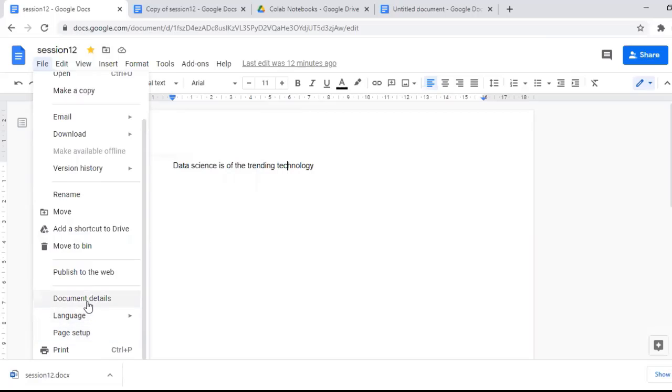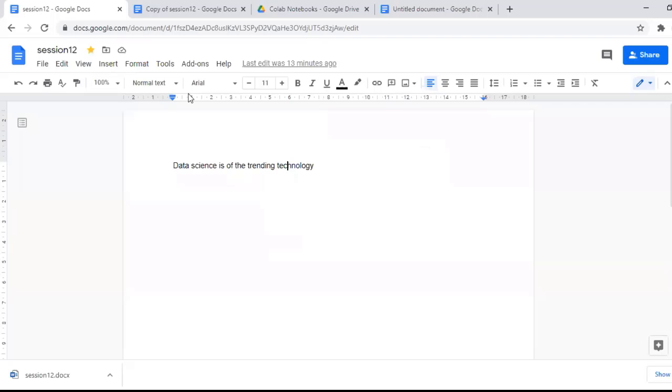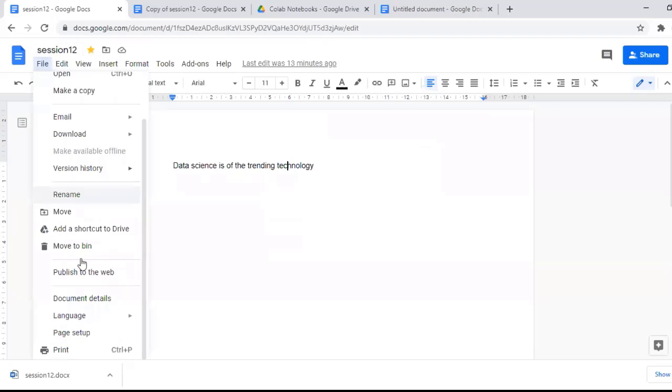If you click on the document details, you can see the location, the owner of the document, when it was modified, by whom it was modified, and when it was created, the date itself. Okay, this is how you can view the details.